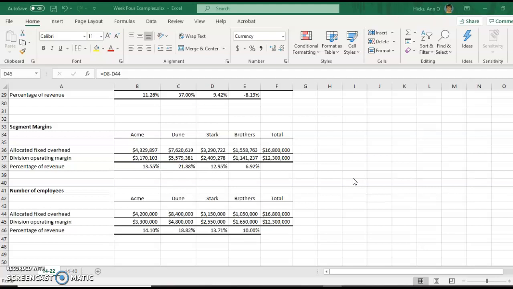But I caution you again on the appropriateness of evaluating a division based on this operating margin unless the allocation of the overhead makes significant cause and effect sense, because otherwise the division is being evaluated on something over which